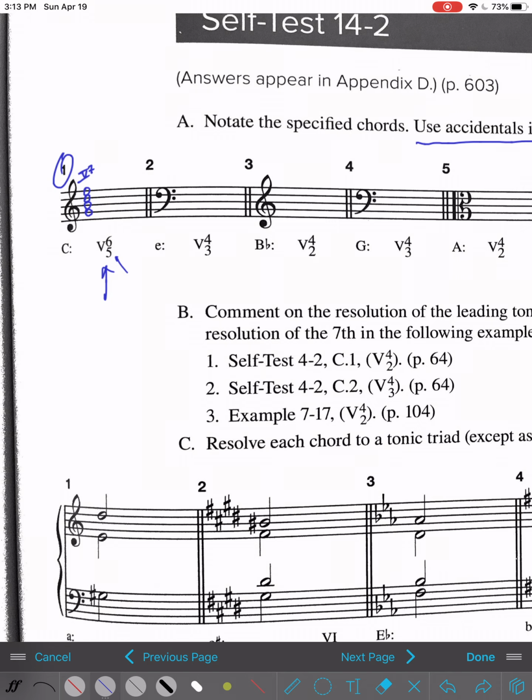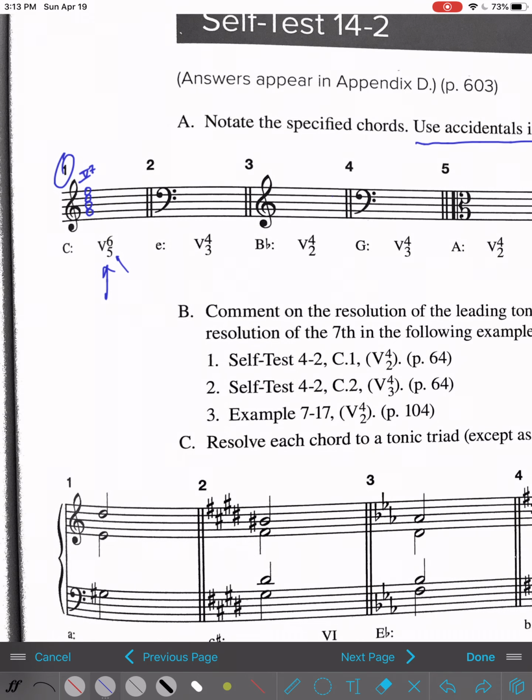inversion, which is actually where the third's in the bass. Hopefully you remember the phone number. If you're ever in trouble, dial 6, 6, 4, 7, 6 5, 4 3, 4 2. Okay, and this is the area code for triads. That's the first inversion, remember this, and then this is second inversion, and then this is obviously root position,